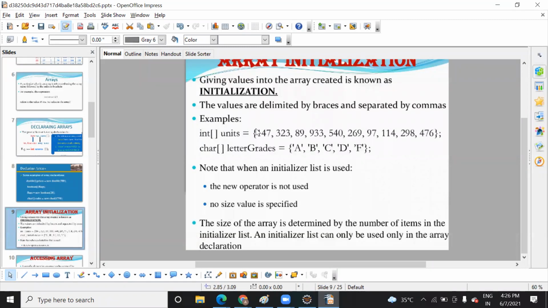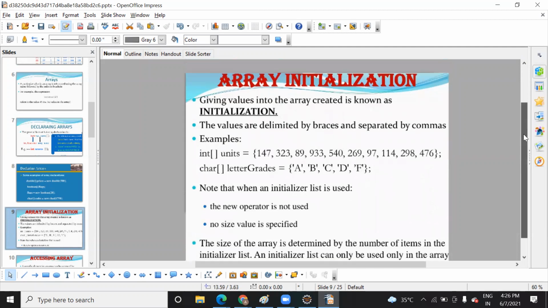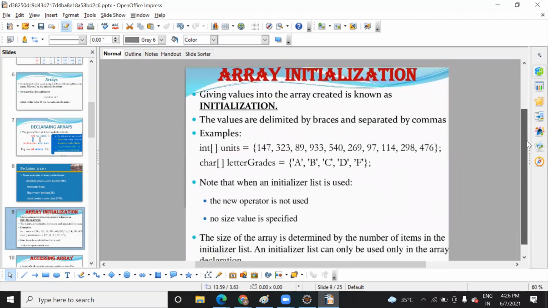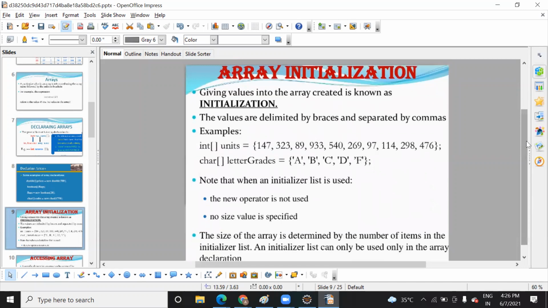Suppose you want to specify, how can you assign a value to the array? You can assign it at runtime with a scanner. I have not introduced you to the scanner yet. You are going to see it. There is a scanner library you can use. I know what scanning is. It is used for scanning the user input, right?